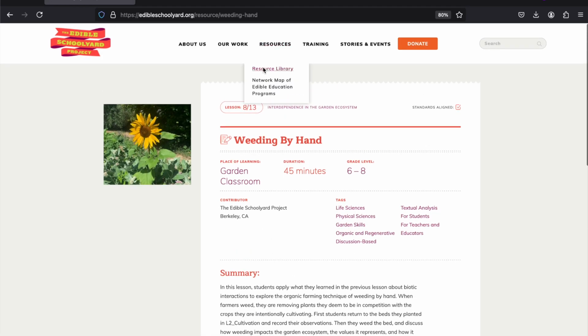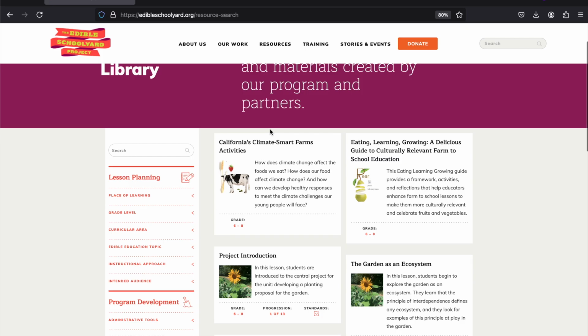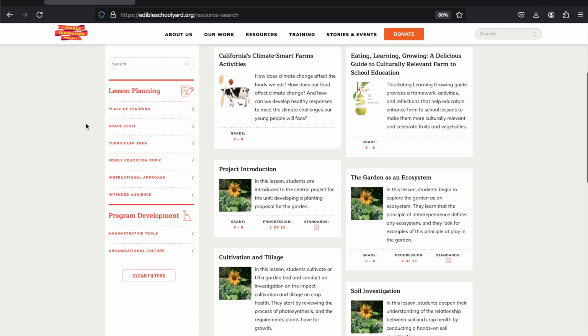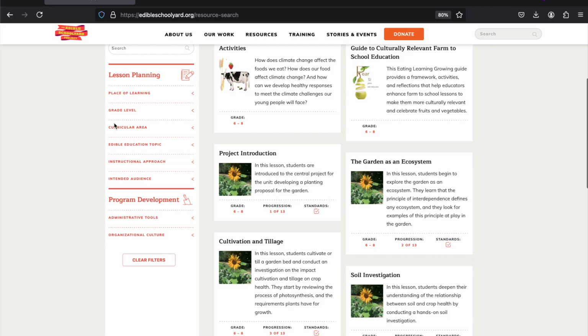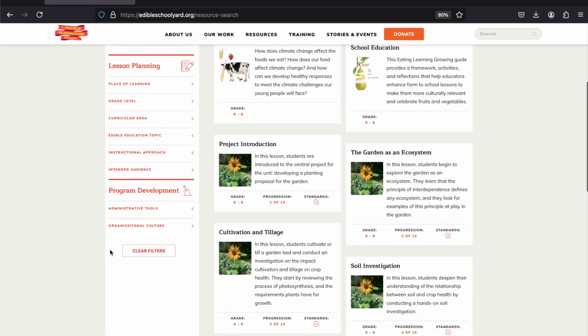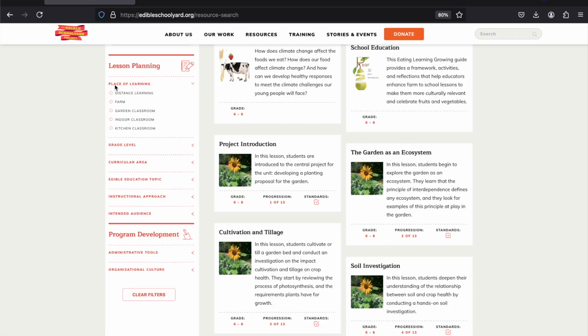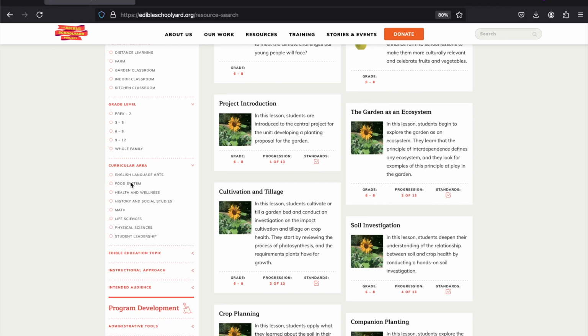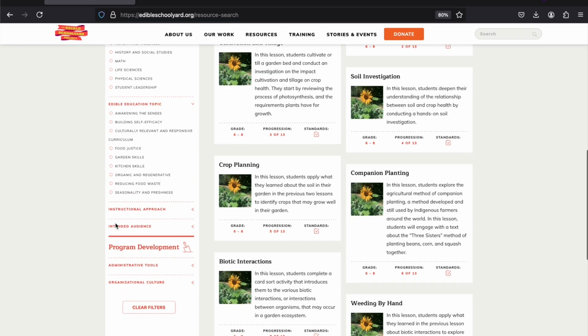But the best way to interact with the resource library is to make use of these filtering tools on the left side. You can also search for a lesson title up here in the search bar. And essentially we have these different types of filters for you to be able to identify what lesson or what type of lesson you're seeking and see if there's a match in our resource library. So I'll click on place of learning. We have grade level. We have curricular area, edible education topic,